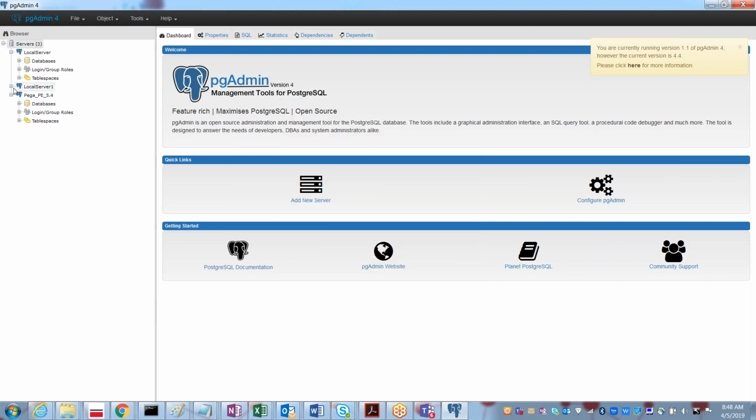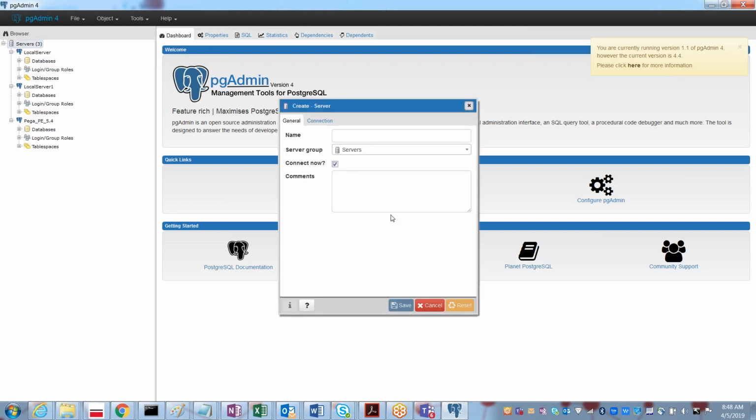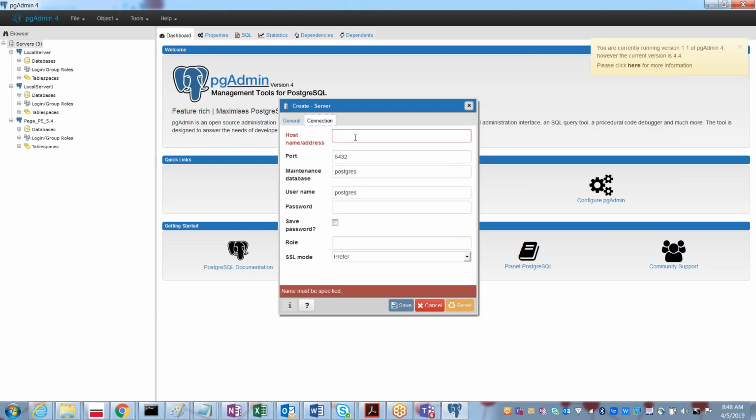Yes, it's got created. So likewise, you can configure your database here. On the servers, create and then server. Here you can give the label anything, the name of the server, but in the connection, I think it will take only localhost. Leave the remaining things as they are, and the password is also the same as the username, Postgres. Then, if you want, you can save the password so that it will not ask you for the password every time you log in once you save it.